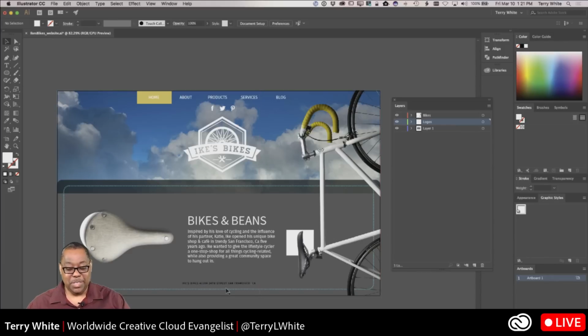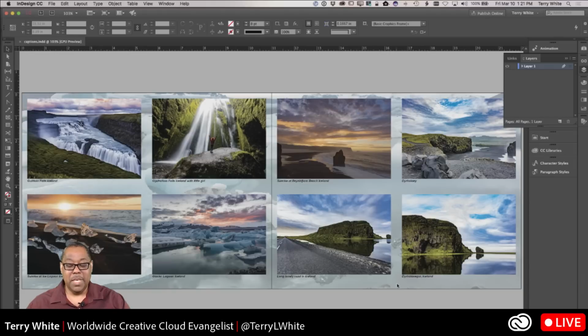Okay, now let's move on to InDesign. InDesign works, and they were a little different at first. Illustrator and InDesign layers were kind of almost the same. Now they are the same. So for example, if I were to go into,